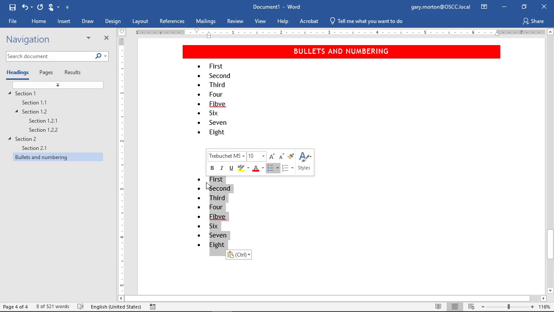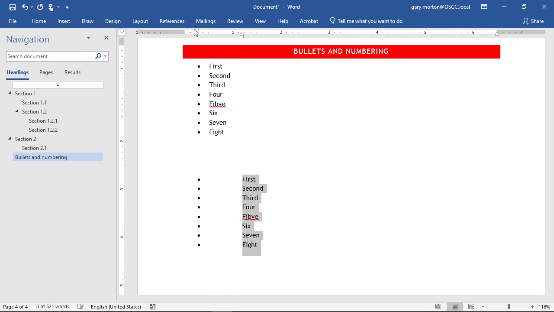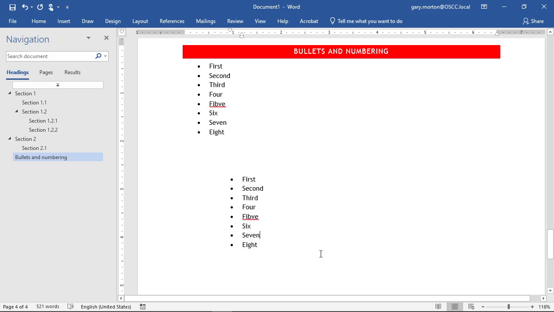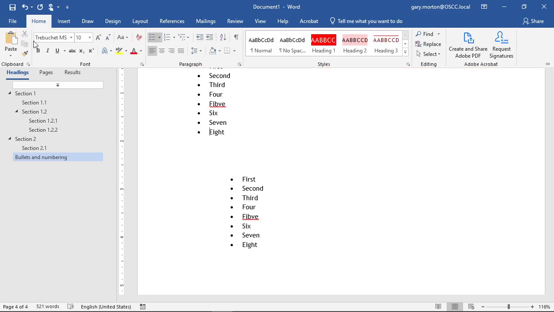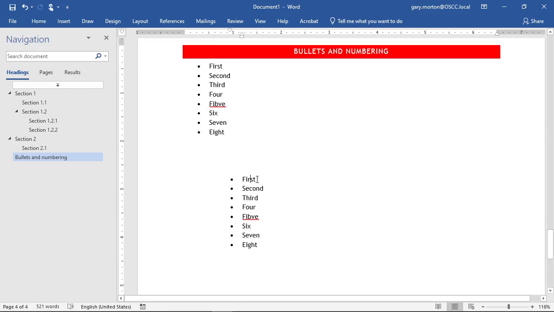Okay, so like we were saying, if we had two different lists and you had a big document and you wanted to go through and make them all the same, and somebody had changed it, so instead of going through and looking for it and manually fixing it, you could just click inside this list anywhere, back on the Home tab, click on the paintbrush, and